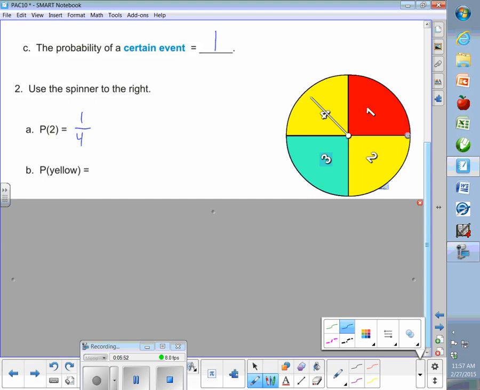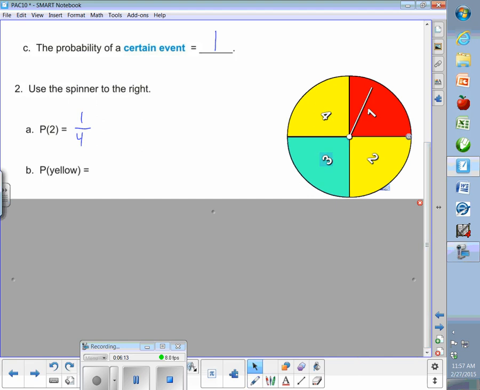Here's the thing with any probability. The fewer times you do it, the less you can really hit the probability as far as what it ought to be. But the more you do it, the closer you'll get to the probability. I'll show you what I mean. Let's spin it 4 times. Oh, come on. There we go. All right, there's 1. All right, we're 0 for 1.